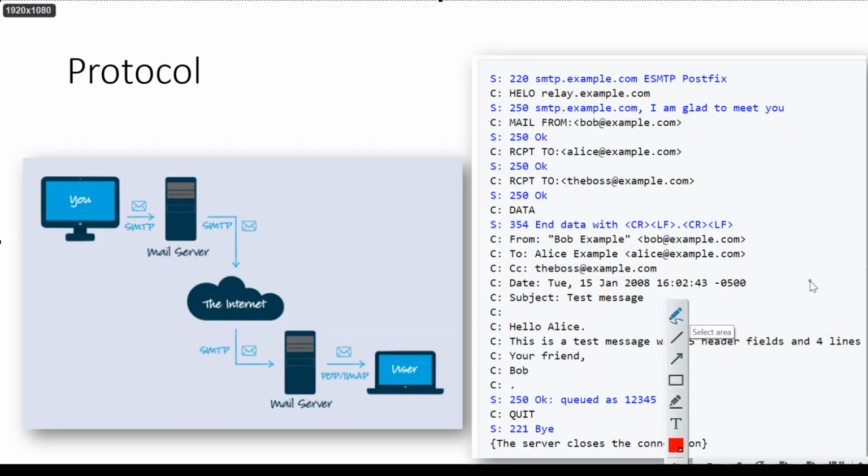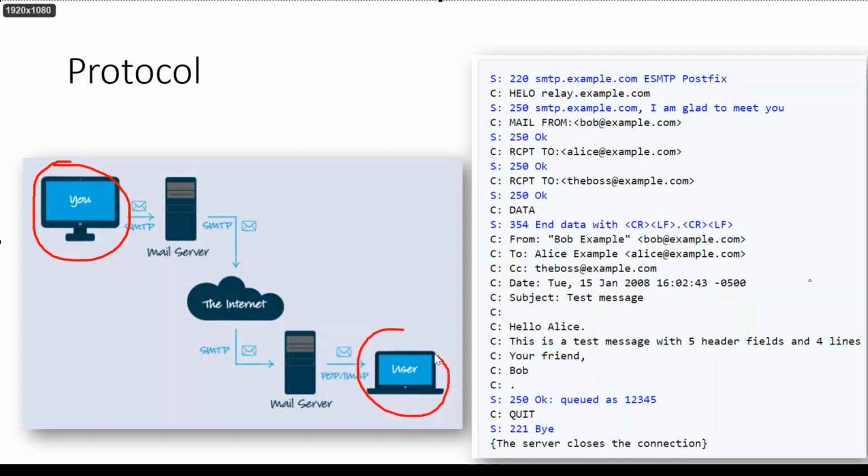Here is the PC where the sender is sitting, and the user is sitting somewhere else on the other side of the world, and we need to send the mail from here to there.